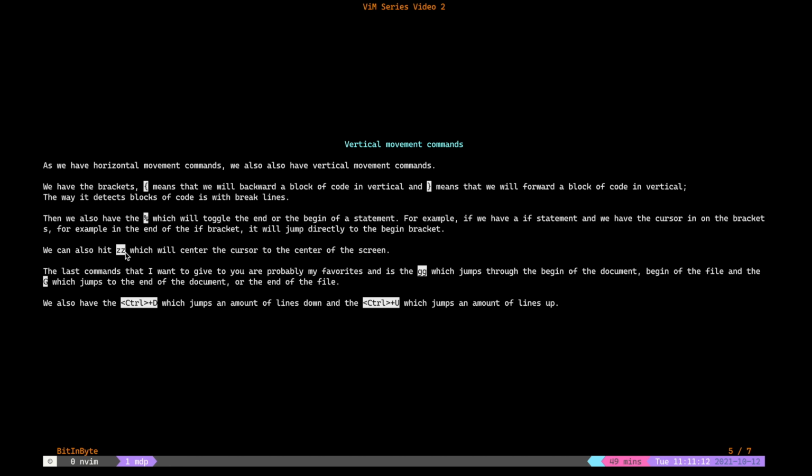If it's Ctrl U, U stands for up. If it's Ctrl D, D stands for down. As I said, I personally don't find myself using it as much, but yeah, it's here. You can try it yourself and see if you like it or not.